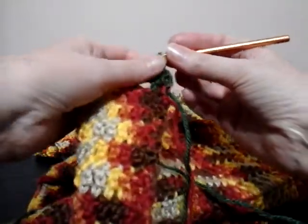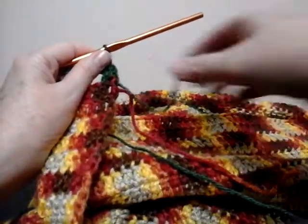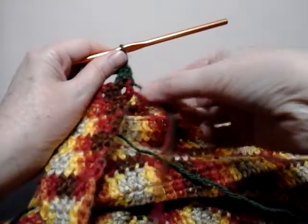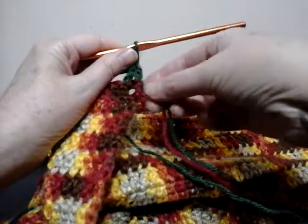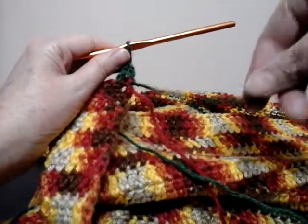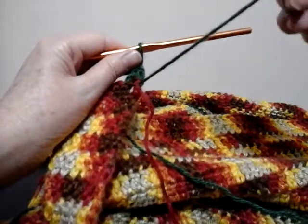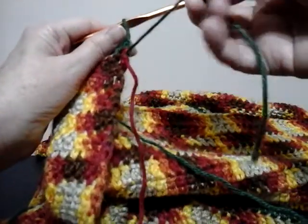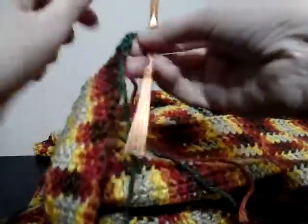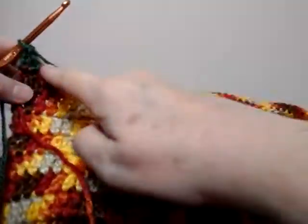So to show you the back side here, here are your tail ends just hanging out, and these are fine. You can actually weave these in now if you want to. Some people like to keep up with it as they're crocheting. I'm one of those people that just does it at the very end of my project. I just do all of my weaving of tails all at one time. So these are fine. You can just let them hang out and you'll just continue across your work,